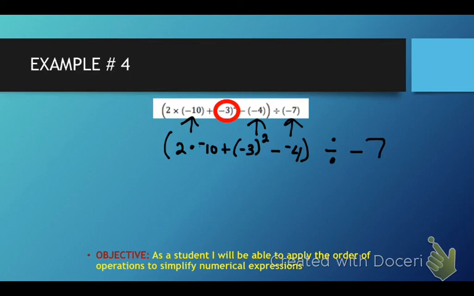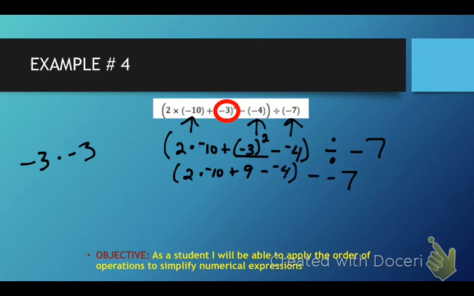Inside that parentheses, I mean this big one right here that we're talking about, we have multiplying, adding, an exponent, and subtracting. What do we do first? Well, we need to do the exponent, which I'm underlining right now. Negative 3 squared is the same thing as negative 3 times negative 3, and negative 3 times negative 3 gives us a positive 9. So we have 2 times negative 10 plus 9 minus a negative 4, close the parentheses,